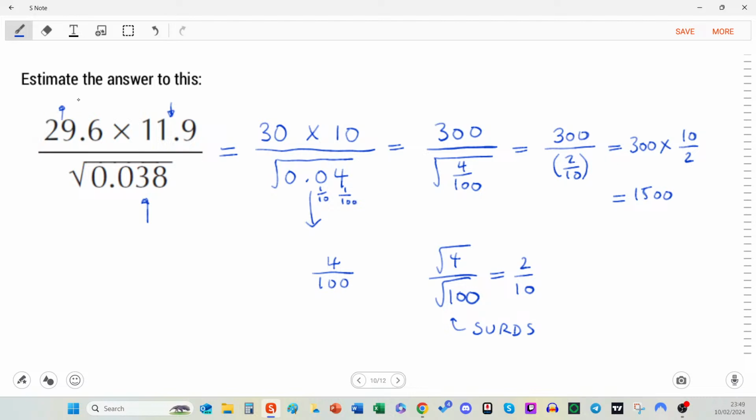0.4 and here 1.9. So the down wins, making it smaller. But then down here, we've got an interesting thing going on. We've got the square root. And when you square root a number, the bigger it is, the bigger the answer is. So this has become bigger. But we've got the inverse effect, haven't we? So a bigger number there, but it's a decimal. Meaning overall,